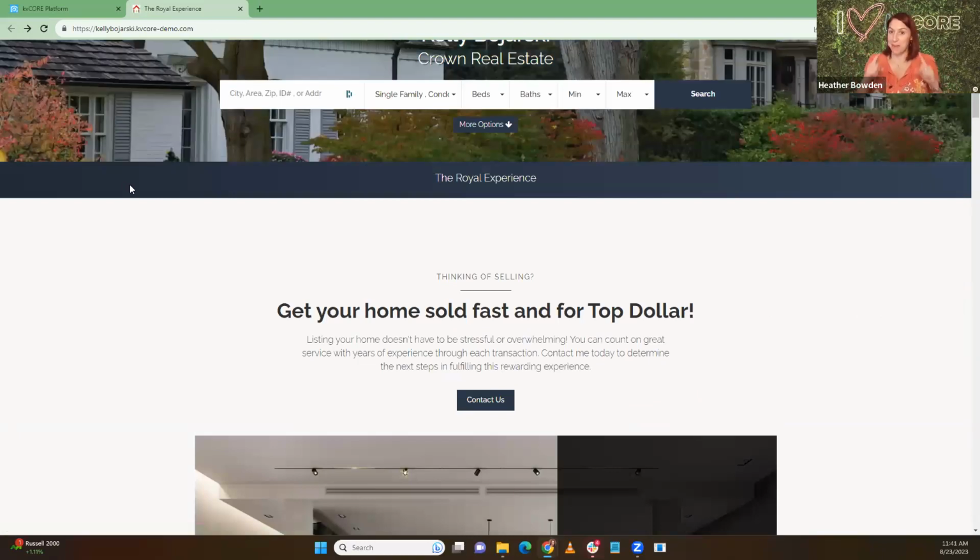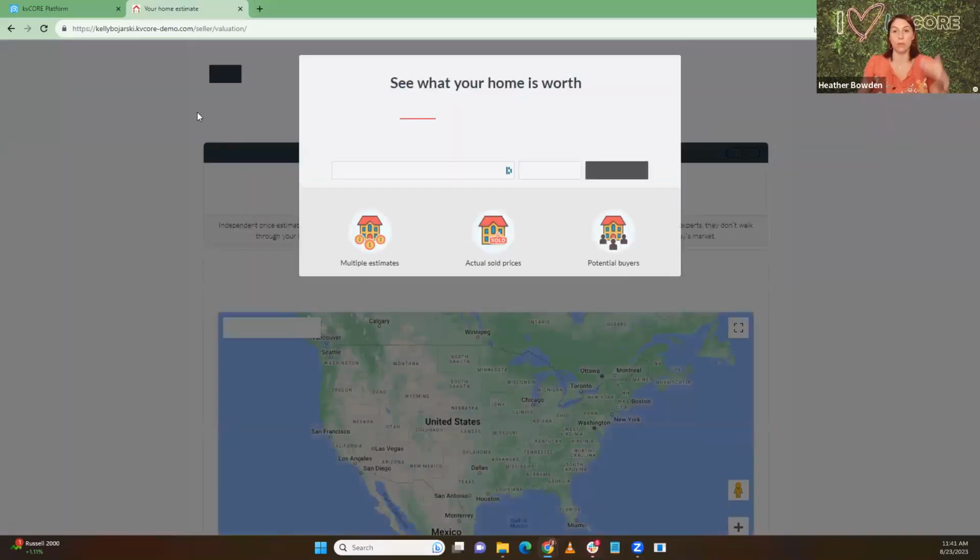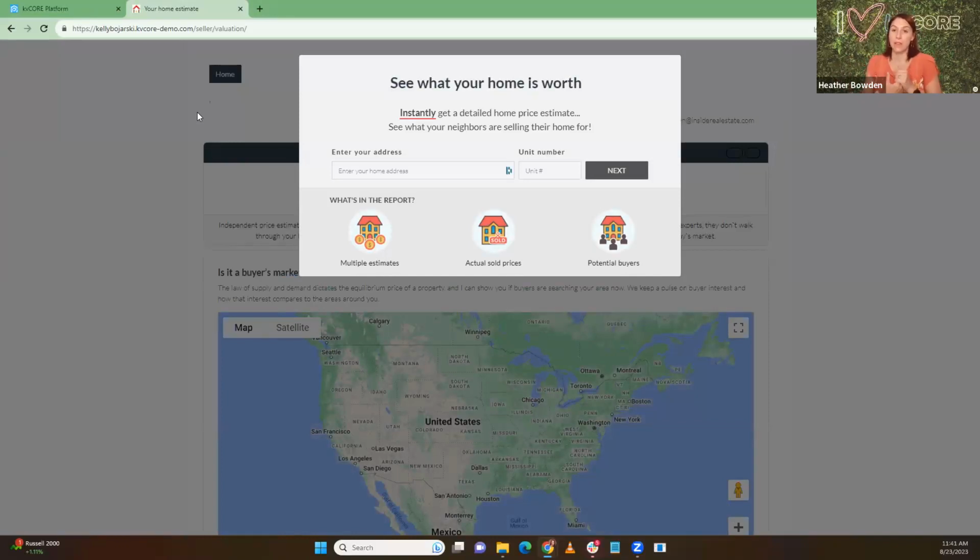Remember when I said I'm not a coder? And I'm not, but there's a little bit of code in each of these that you can alter to make it do what you want it to do. So in this particular situation, if you wanted to go to your sell page instead, which, if you haven't used your seller evaluation page, is a great place to send people to. They can put in their home value, get their home value instantly, but you get their address. And if they want to see the whole report, you would get their email and phone number as well. So we're going to go here and grab that link